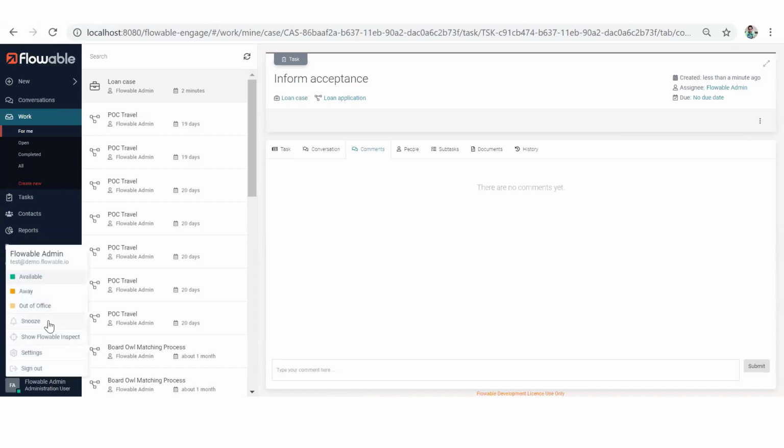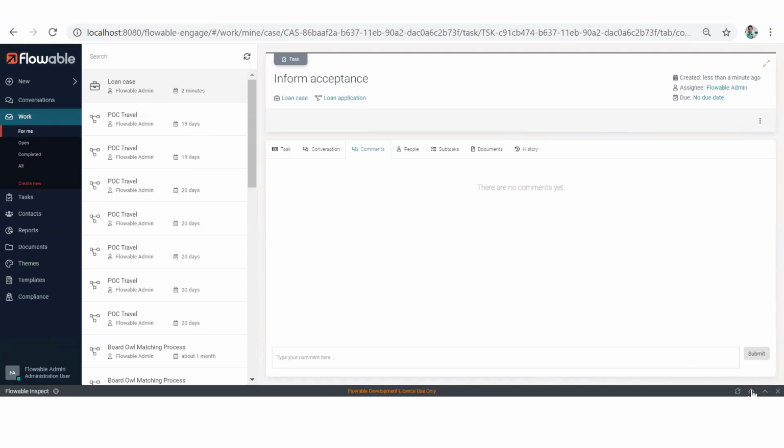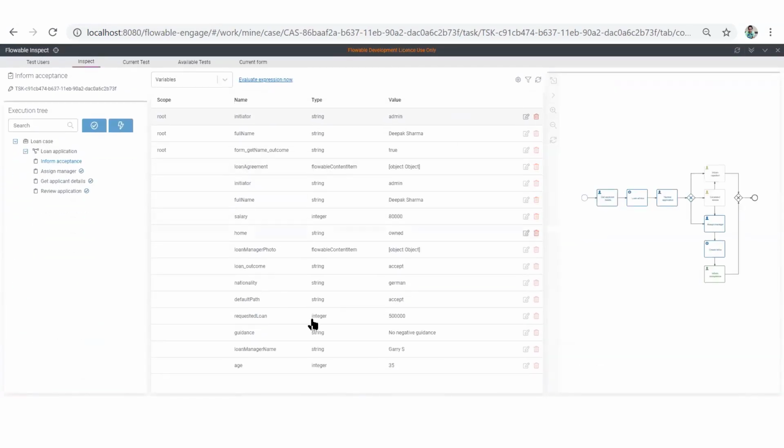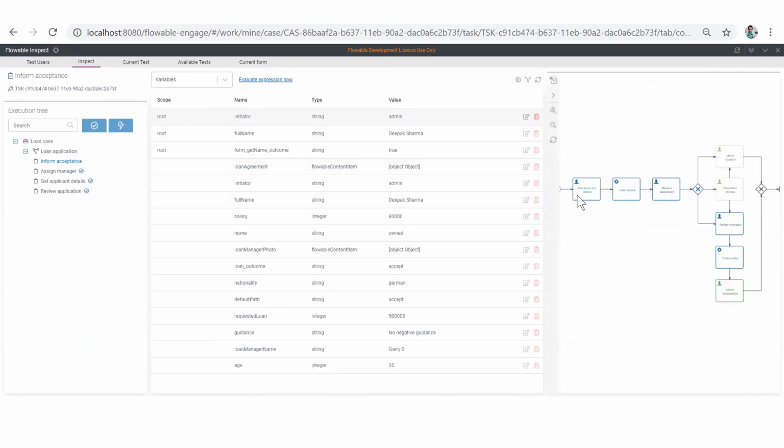Even we can debug from here as well, from the development capabilities. A lot of features are available where you can see what all variables have been there, which route it has been taken. So blue line you can see, right, this is the route it has been taken, and green is something which is pending to execute. So there are a lot of features which are there.